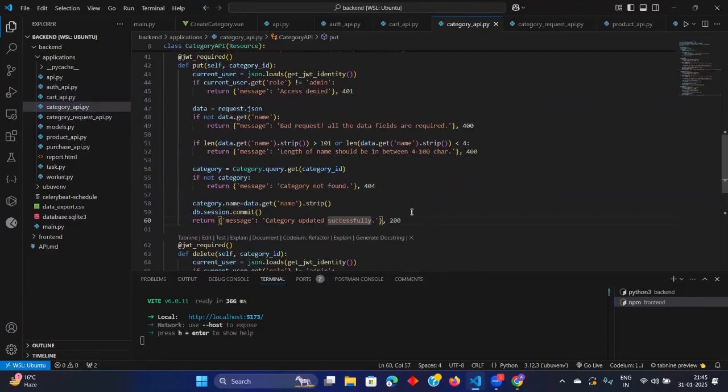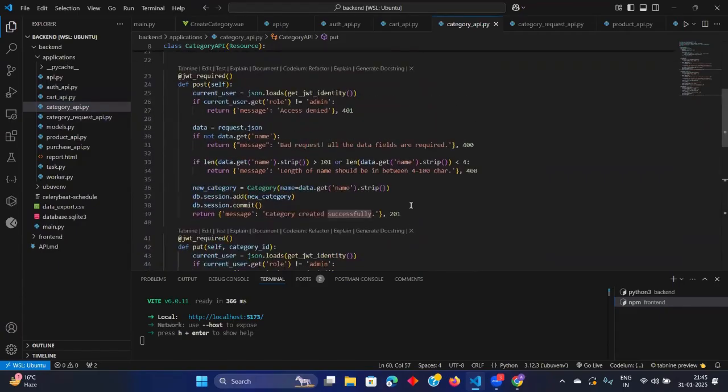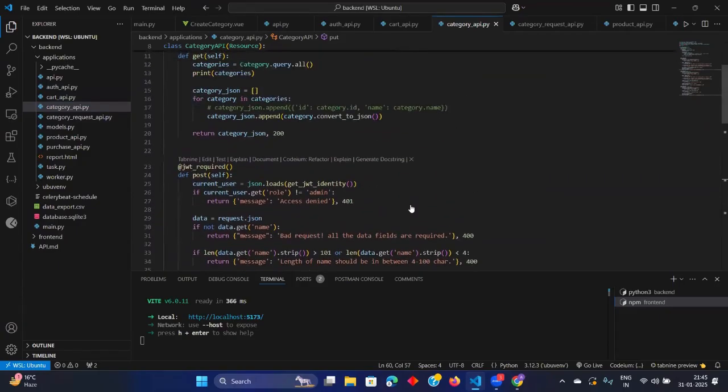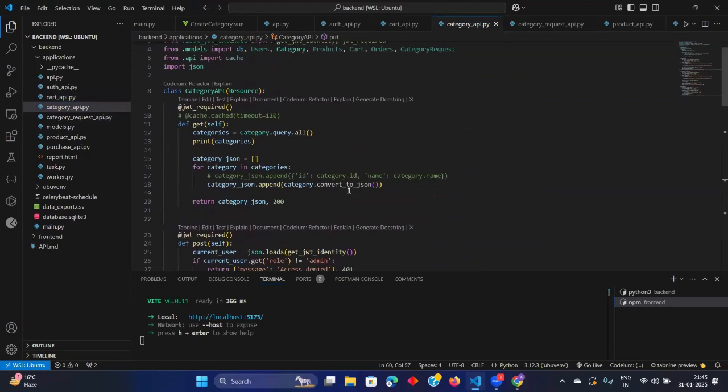Are we using get with specific category ID also? Let us check. No, it is just giving all the categories only. So I think he has not made that API.